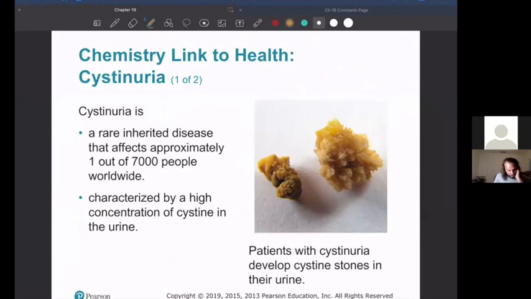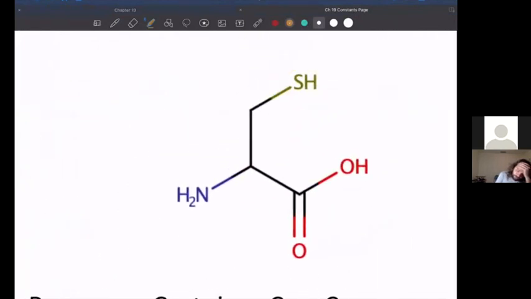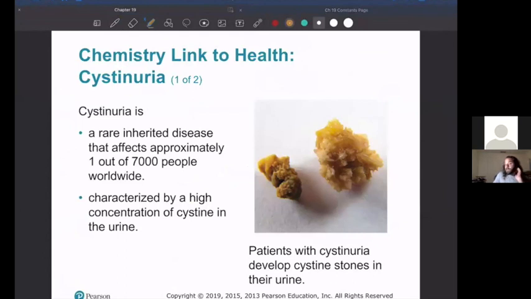I don't want to get too much into this particular health defect other than to say there's one property of the cysteine amino acid that I think is important to note. It's something that we're going to see later on as well. It turns out that if you have a disease in which your body produces too much cysteine, let's look at cysteine again. That's this one with this thiol group. If your body produces too much cysteine, you get these kidney stone-esque things, except they're not the same material as a normal kidney stone, and they're actually quite a bit sharper,